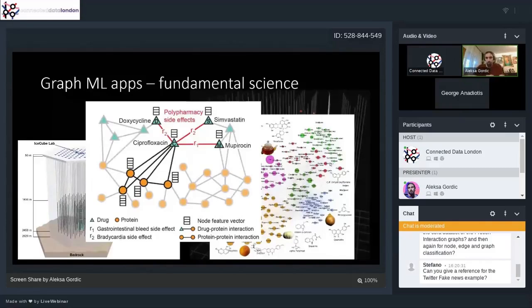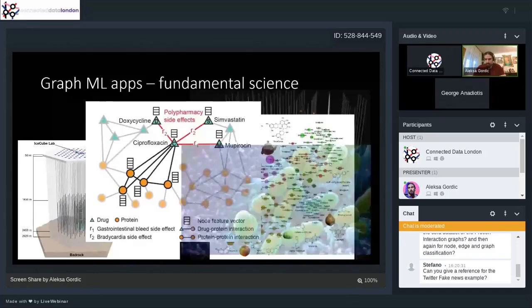That's called a polypharmacy side effect, and many people are impacted by this, especially our grandparents. So you can imagine it's really important to solve this automatically, because it's really hard to manually screen all of the possibilities; the combinatorial space is too huge. We need computational methods to solve this kind of task. So those are some interesting ones. Yeah, one more. This is super famous.